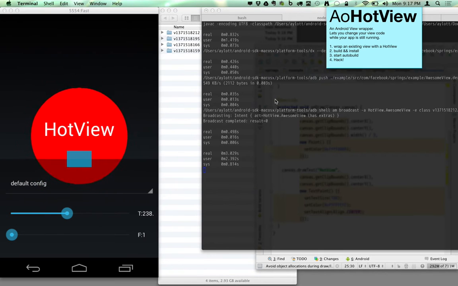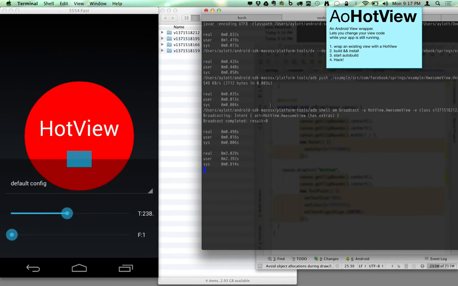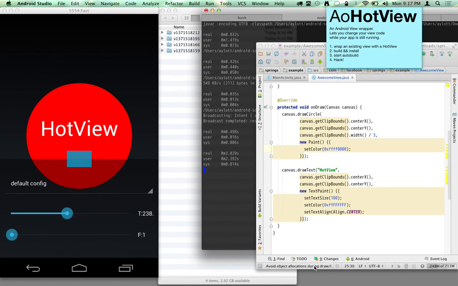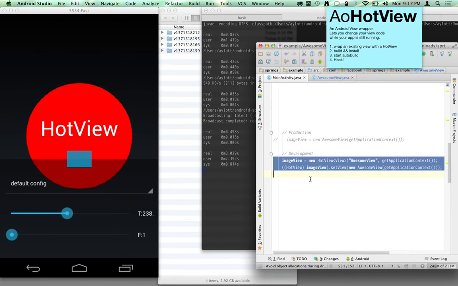So there is an auto-build process that's running, that's watching for this file to change. And when it changes, it runs the AoHotView builder thing, which takes about 3 seconds to run. And all you have to do to use it is add 1.5 lines of code to your app,